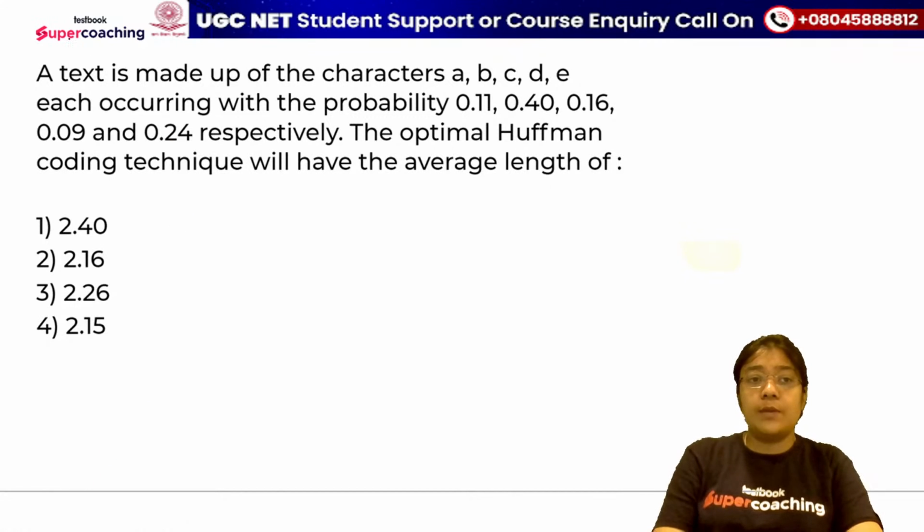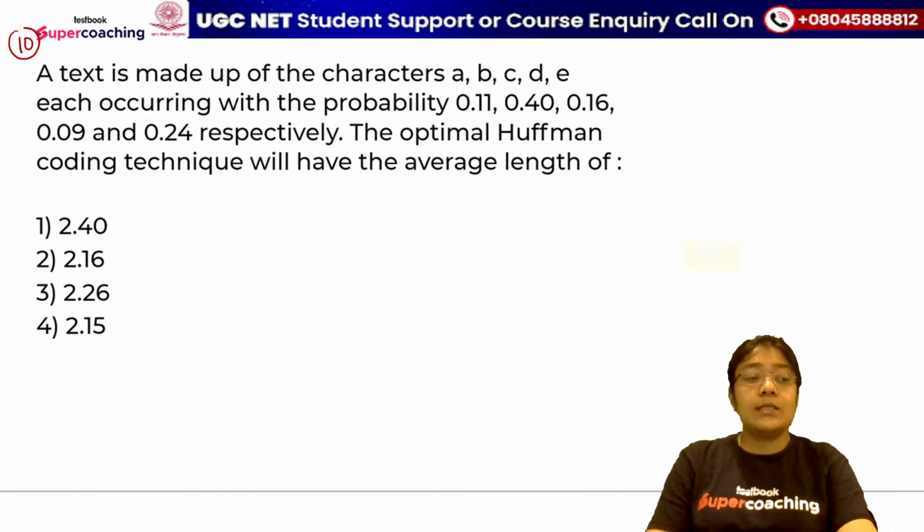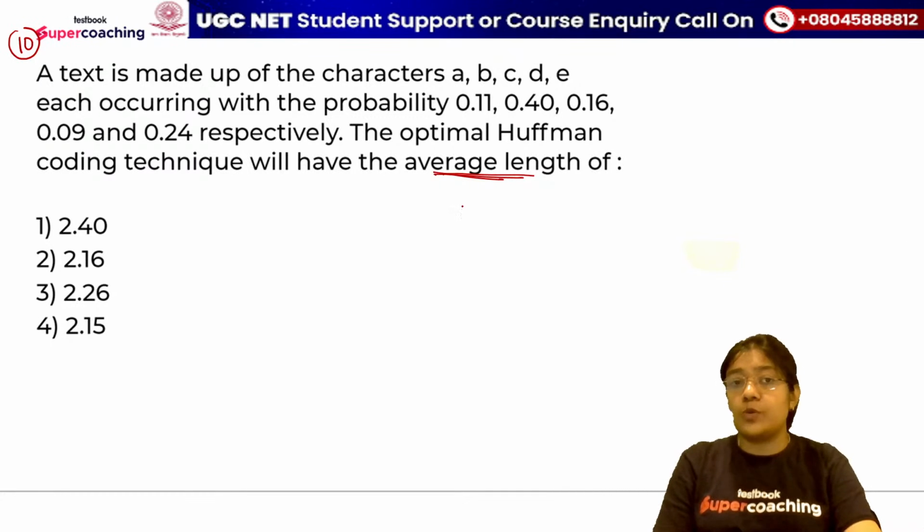Okay, I'll start marking the questions. Question number, let's say this is 10. I don't know which one it is, randomly I have taken any number. In this case, the text is given to you and you have to tell what will be the average length. Average length is total length divided by the total frequency or the total probability. So average length